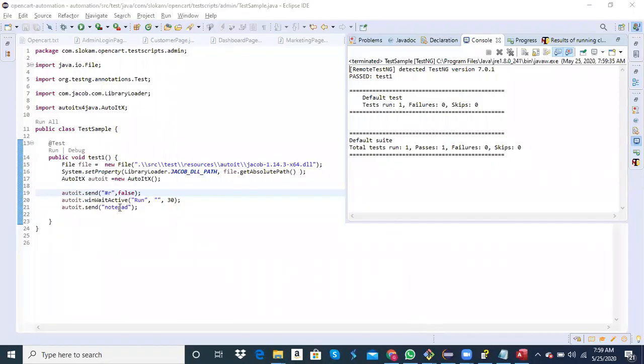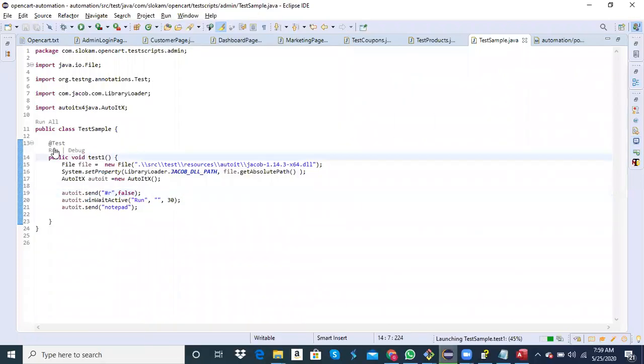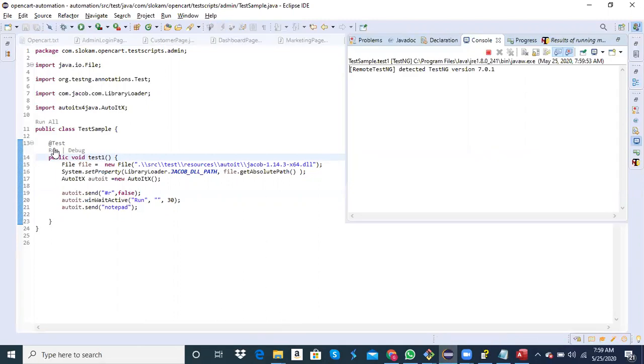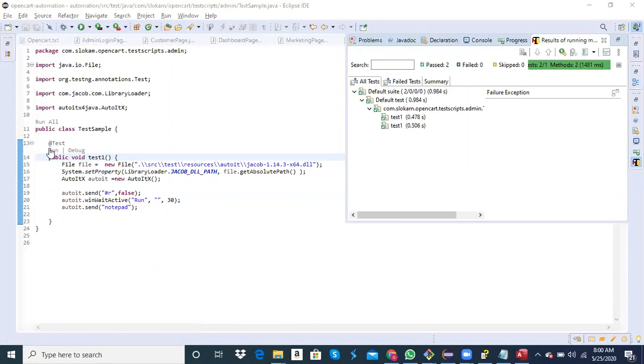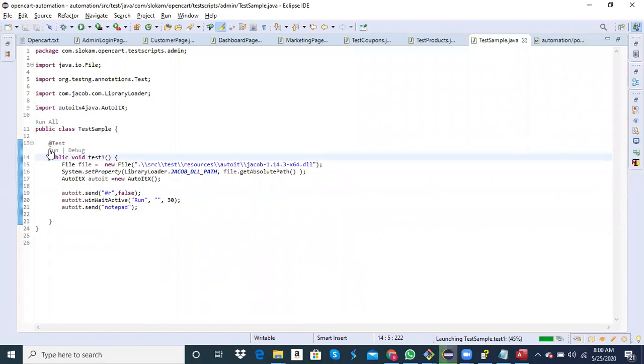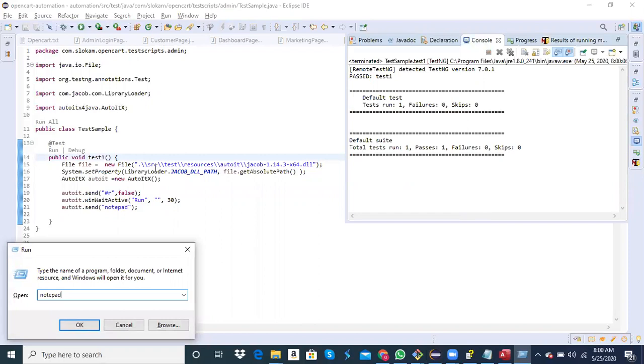Okay, so right click, one more time I'll run. Two times it's executed. See, every time it worked. So you waited for this one and then it worked.